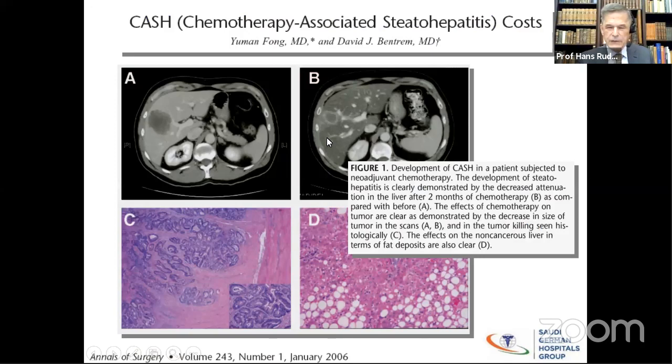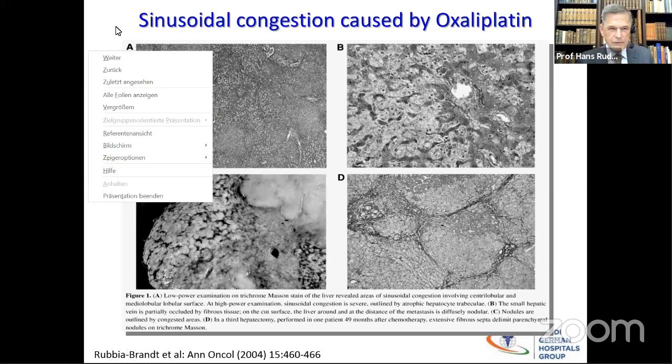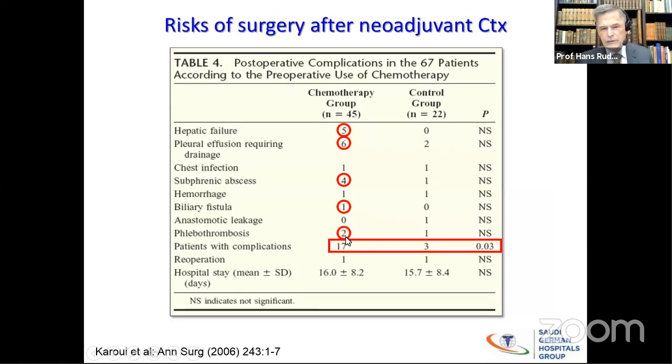because chemotherapy is not for free. As Fong wrote here, cash costs, which means that cash is from irinotecan, and oxaliplatin causes more sinusoidal congestion, which causes the blue aspect of the liver, the so-called blue liver. These chemotherapy agents harm the liver, and this is not without